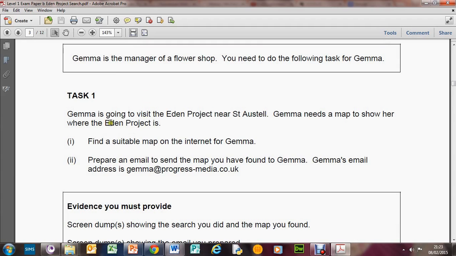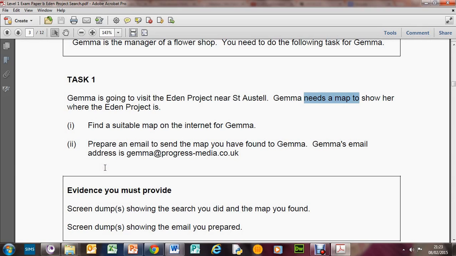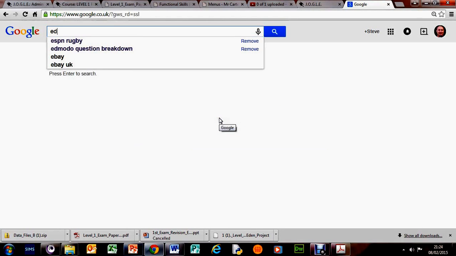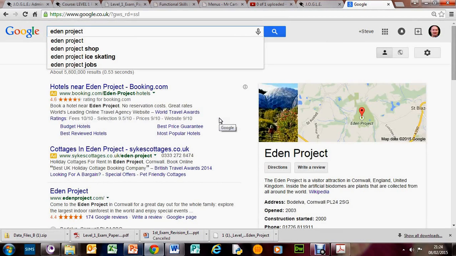easily. So you need to find a map to show her where the Eden project is, okay? And what the examiners want to see is that you understand how to use, basically, a search. So you need to know something like how to use Google search, okay? So let's go into Google and have a quick look at what you might do. So in here, what could we type in? Now, if we type in Eden project, okay,